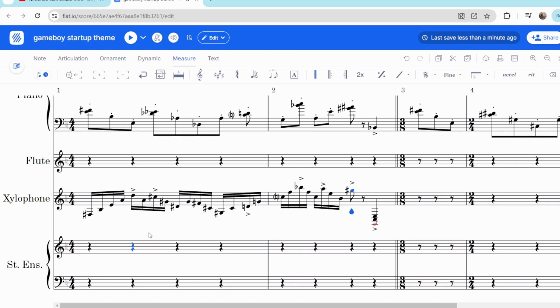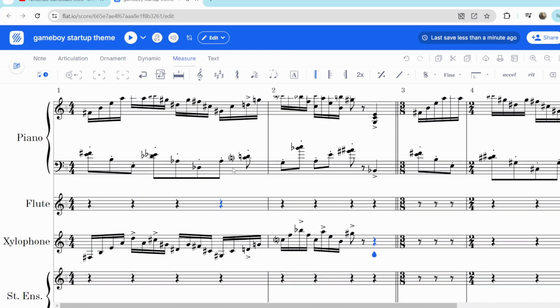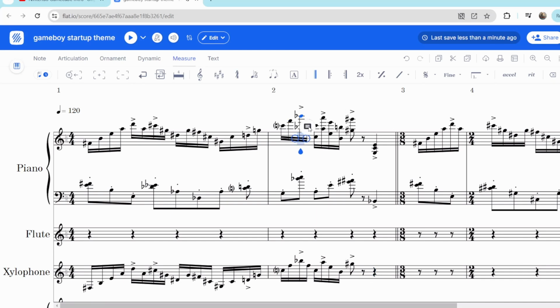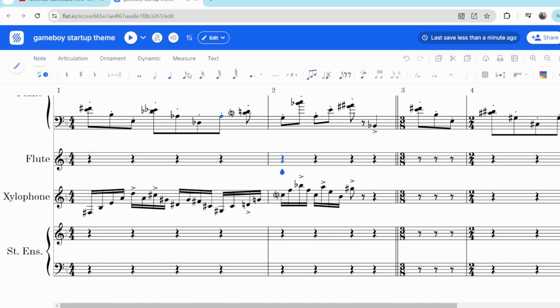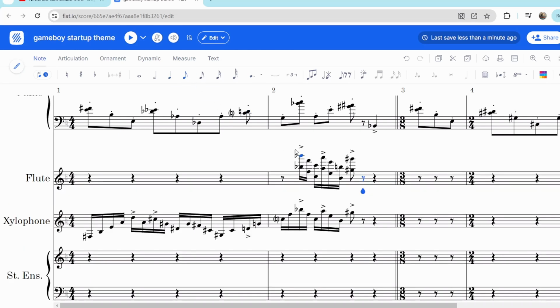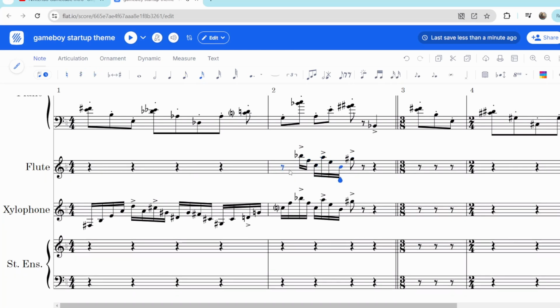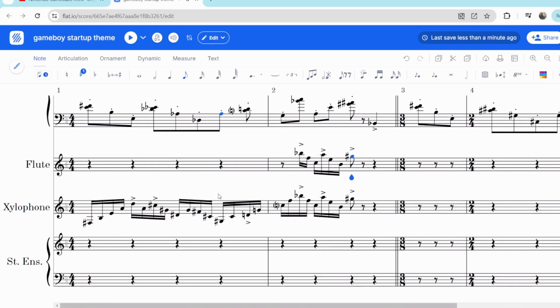I just did that because the xylophone only plays the top line, I believe. And then the flute. And then,